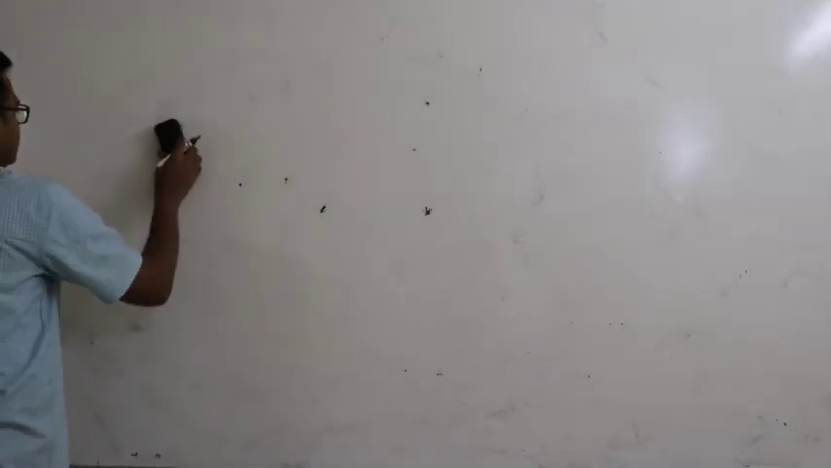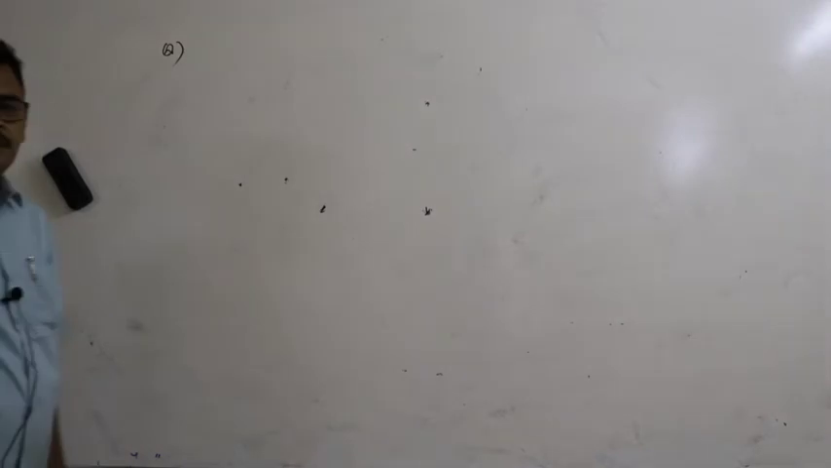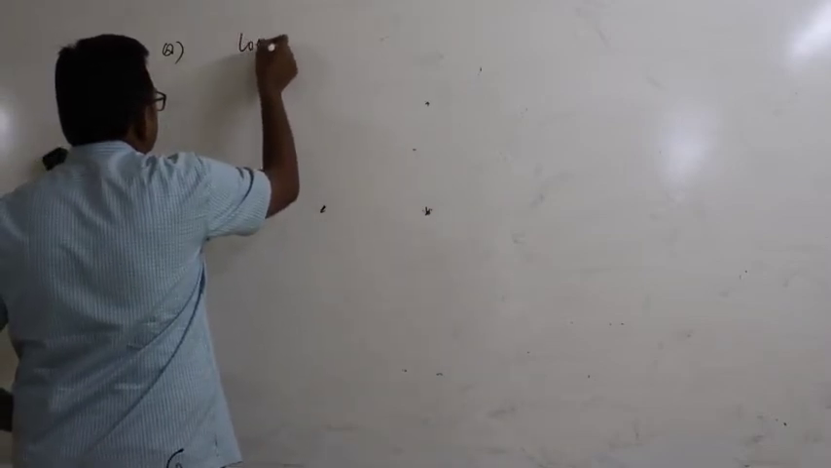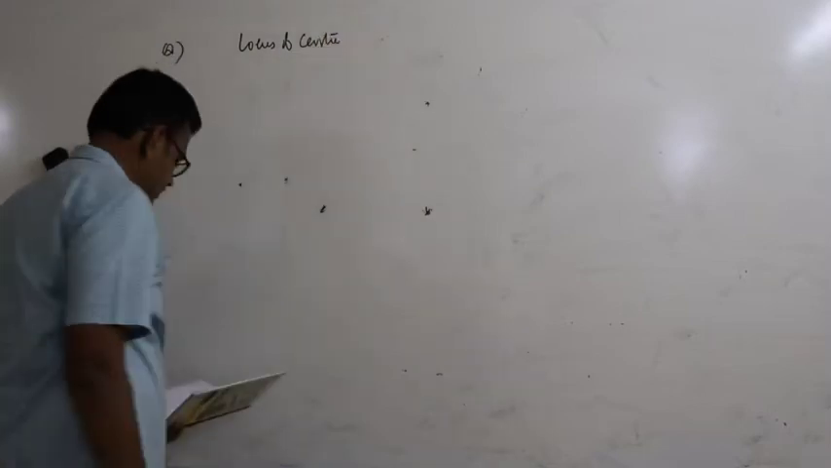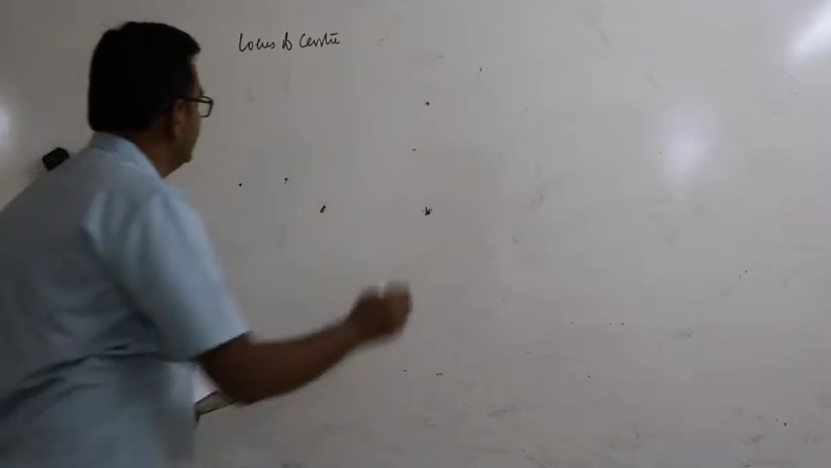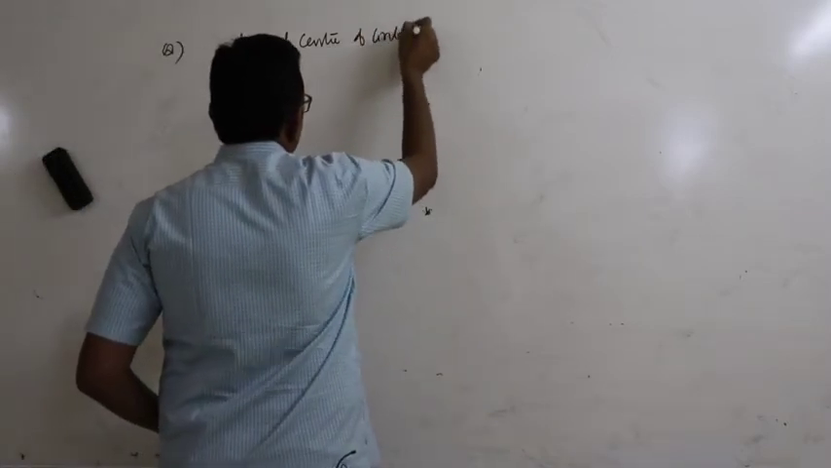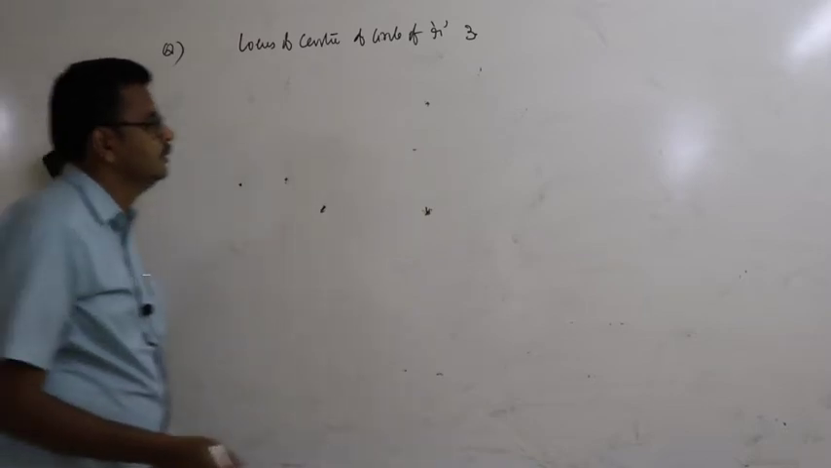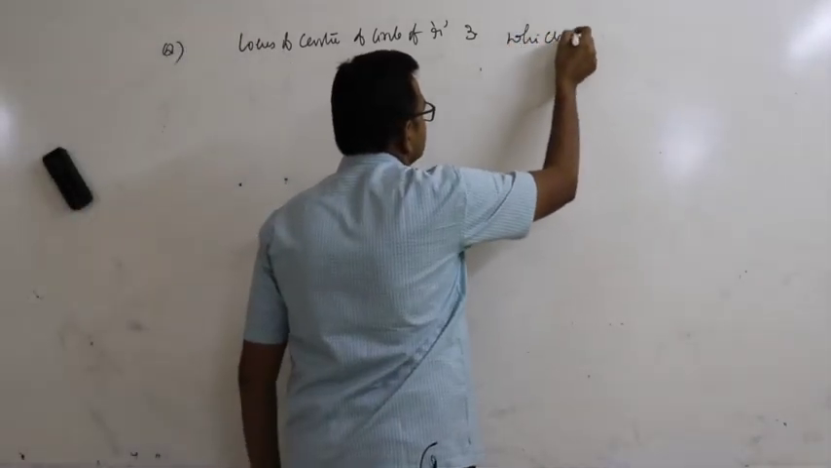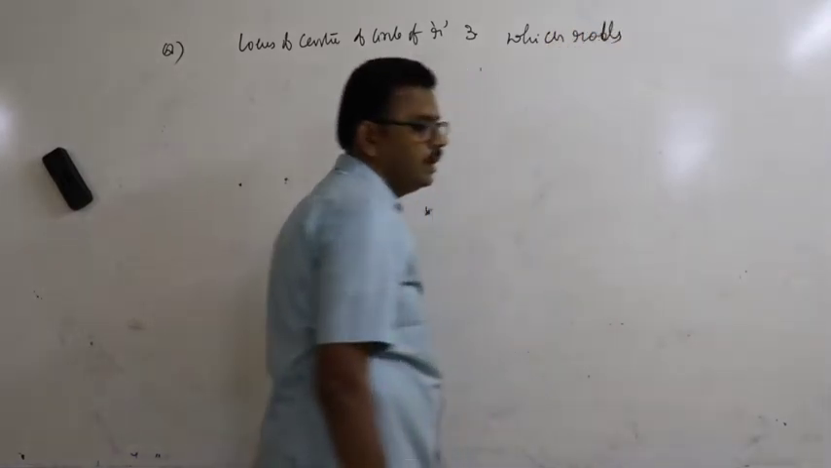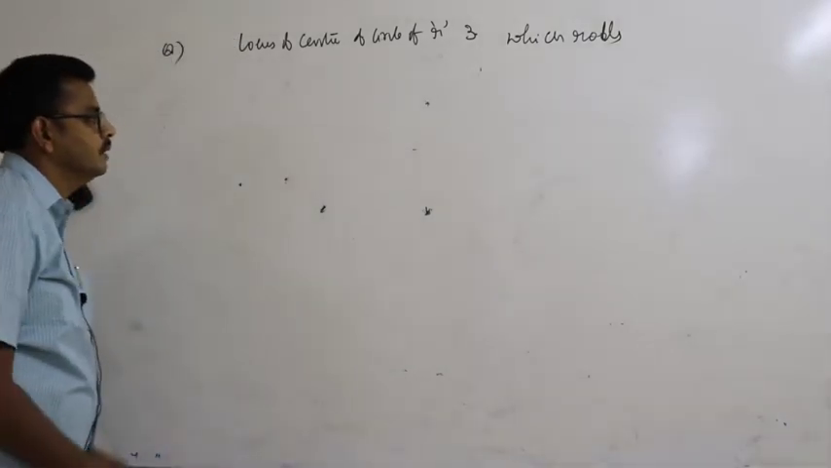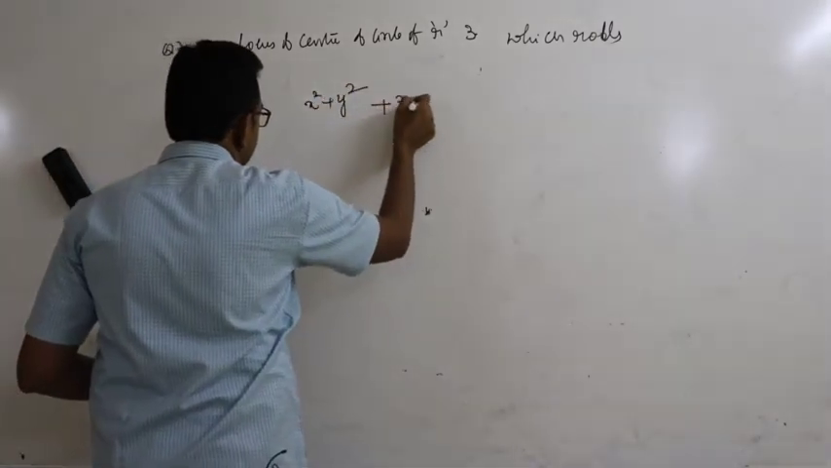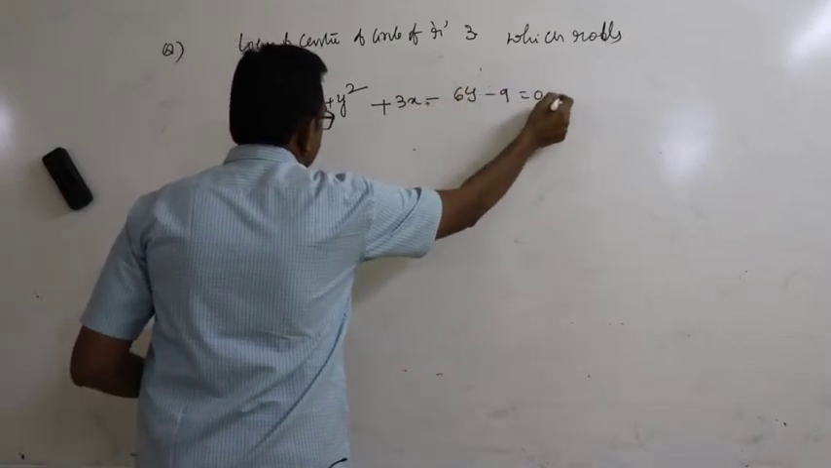Next one. The locus of the center of a circle of radius 3 which rolls on the outside of the circle x square plus y square plus 3x minus 6y minus 9 equal to 0 is